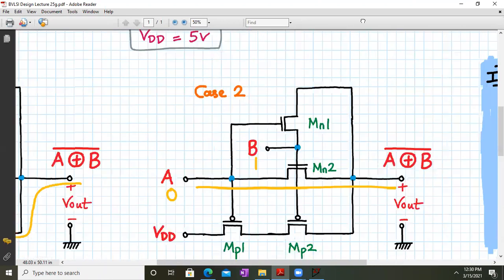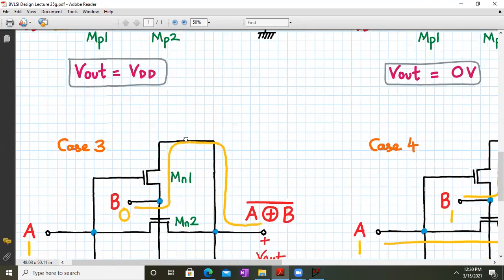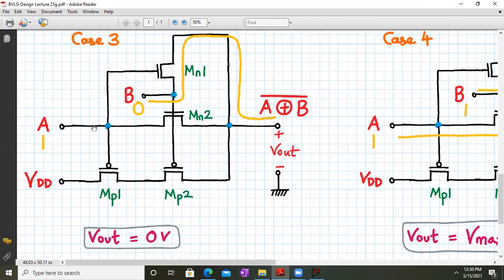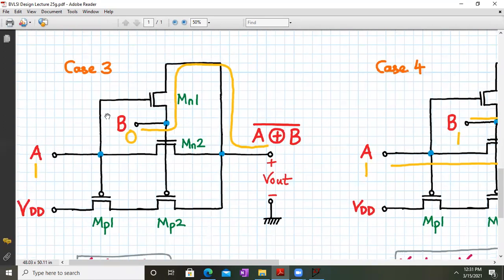Now let us check the next case. In case number 3, A is logic 1, so MP1 is off. B is logic 0, so MP2 is on. But still, since they are connected in series, this entire series network becomes redundant. Now let us concentrate over here. Since A is logic 1, it is applied to the gate of Mn1, so Mn1 turns on.